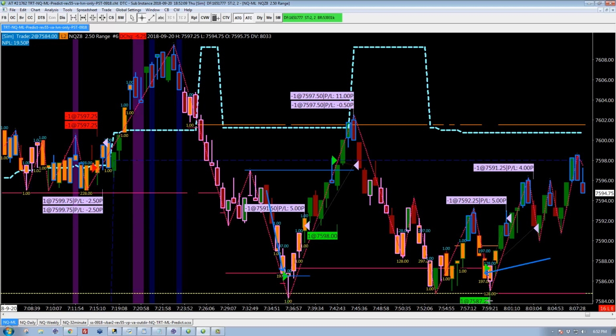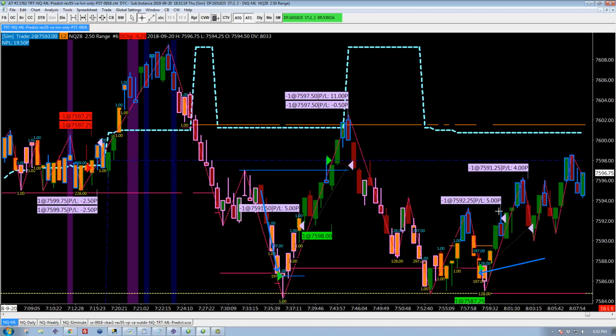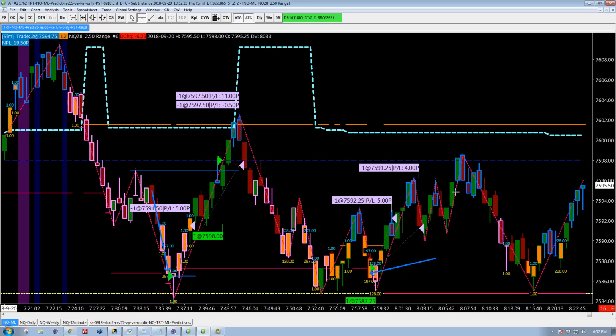down, this sharp move down into a low volume node, and says, I don't think you're going to go through it. Get long. So same thing, get long, pick up 5, pick up 4, and that's going to be the amount. Now the difference here between these two charts is that the actual behavior, the price behavior that we're looking